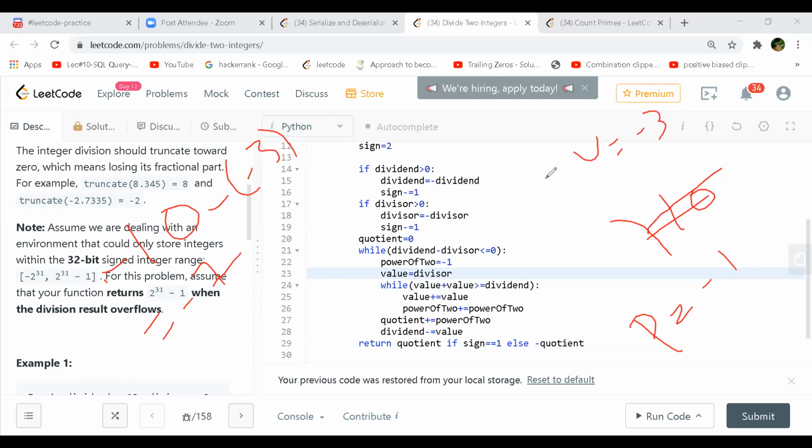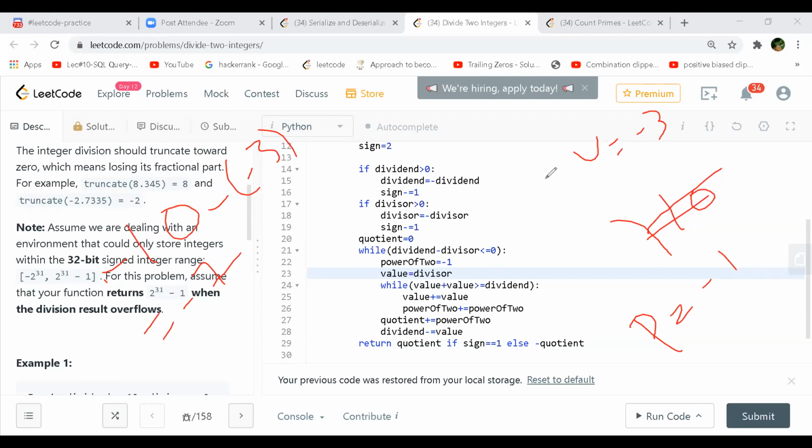Now when you come here to power of 2, you have not defined it anywhere, right? No, here only, every time it will get initialized. The power of 2 is initialized here on line 22. Because now we are using all negative values, we are initializing it to -1, or else it has to be 1, right?